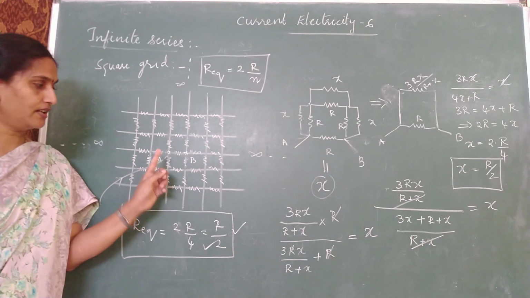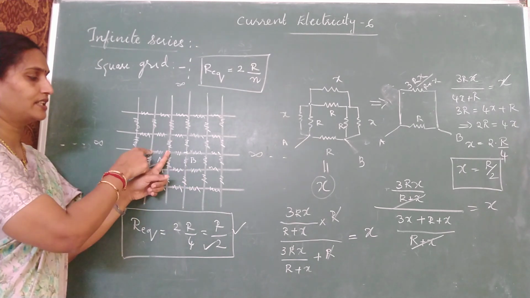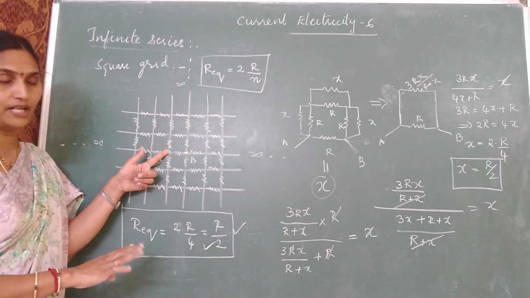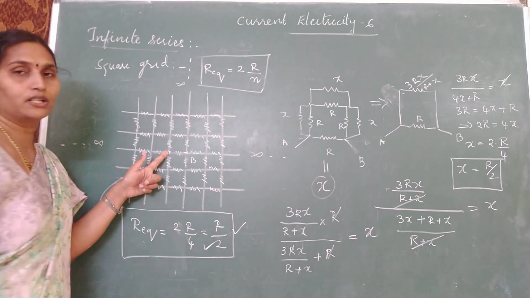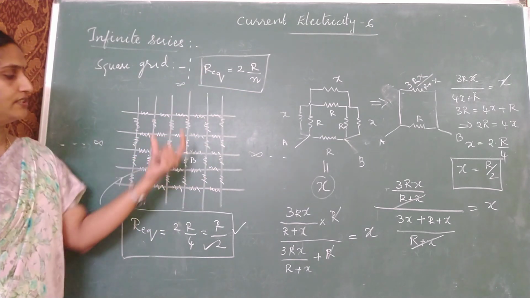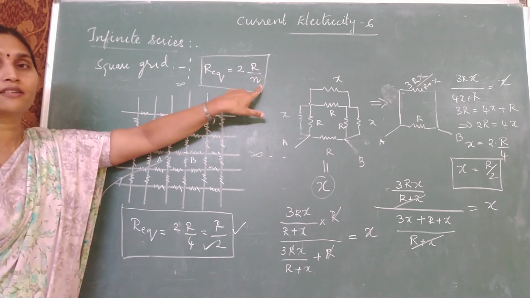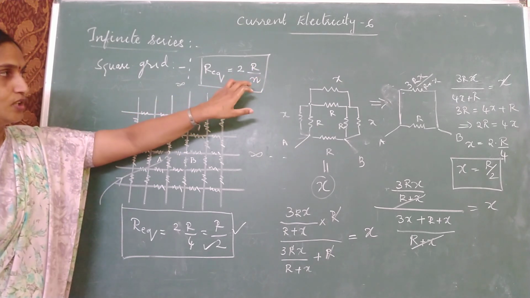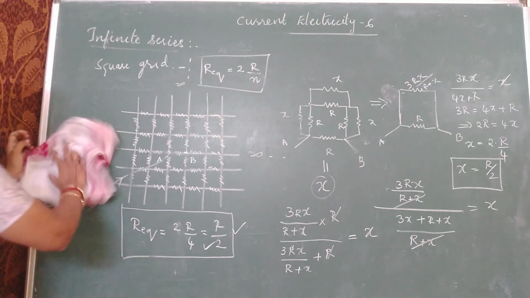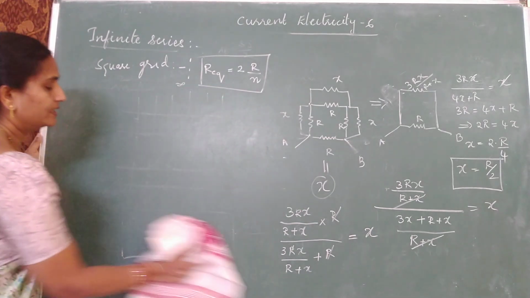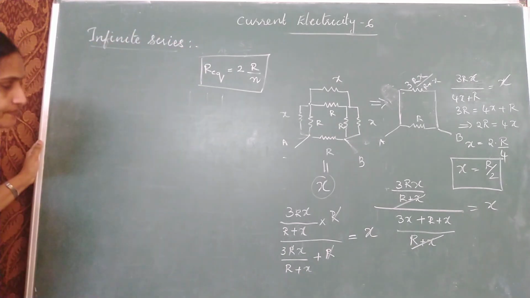If you have a square grid, first select the node. From the node, current is divided into how many branches? 4 branches. If it is 4 branches, the value of N is equal to 4. So equivalent resistance for the adjacent points is 2 times of R divided by N. Now if you use this principle, you can give me the answer for my next question. I'll give you a triangular grid. Okay, instead of a square grid,